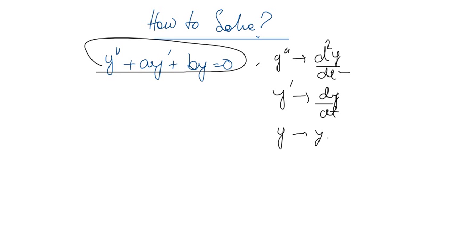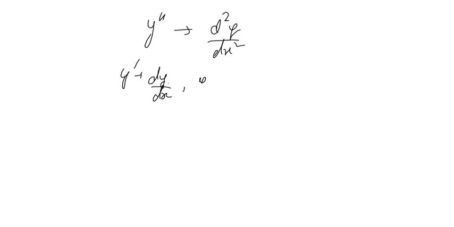So if you take that in terms of x, y double dash will then be replaced by d squared y by dx squared, y dash replaced by dy/dx, and y remains y in itself, right? So we'll not go into that, but we'll go into the process as I told, how to